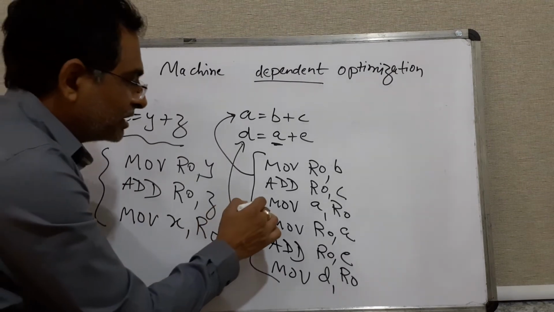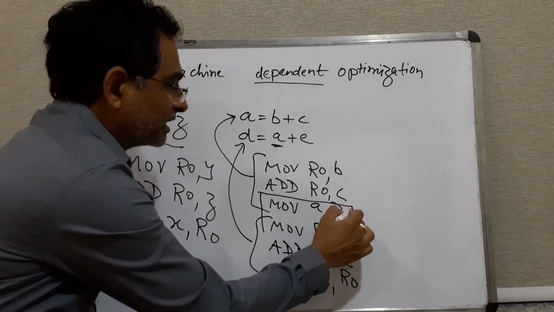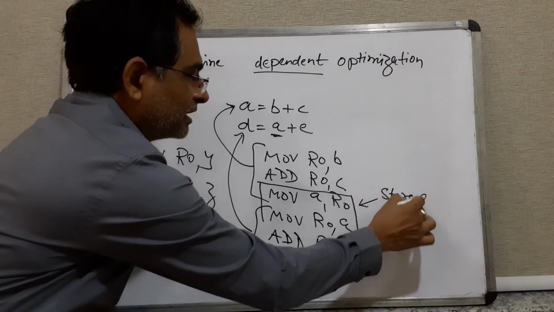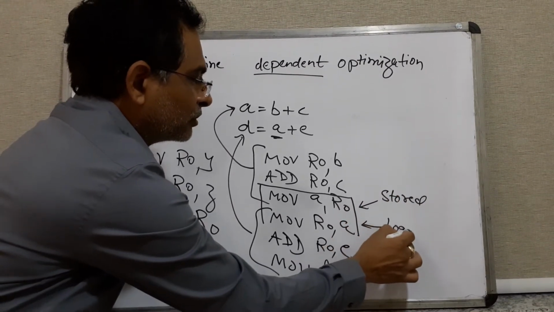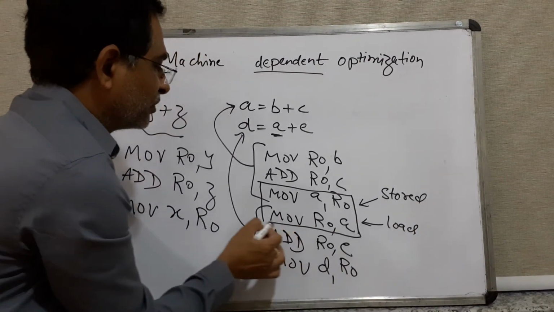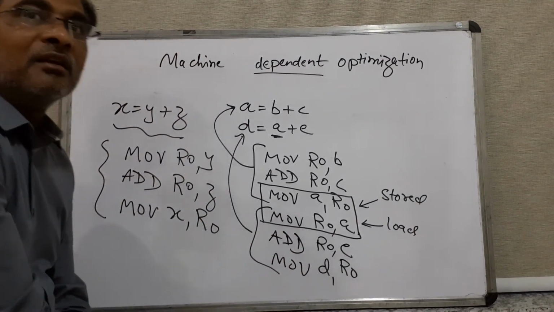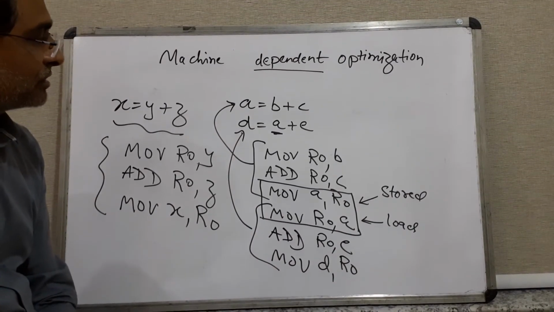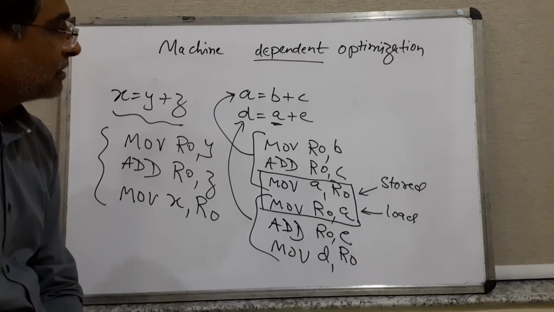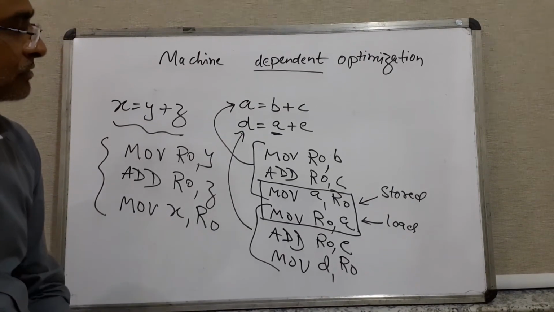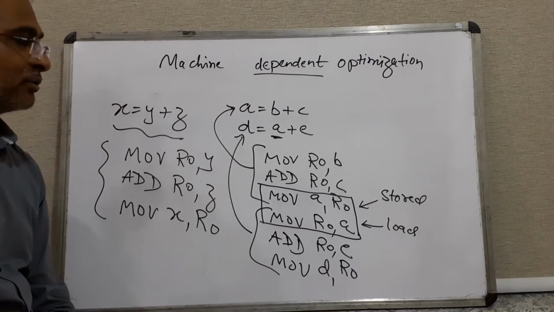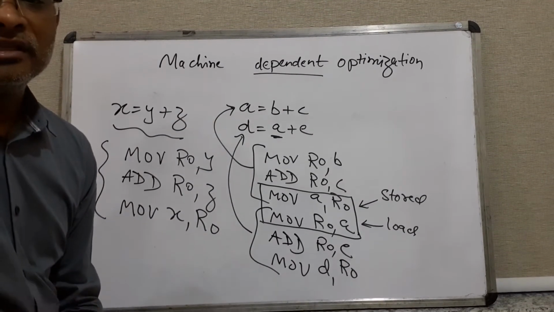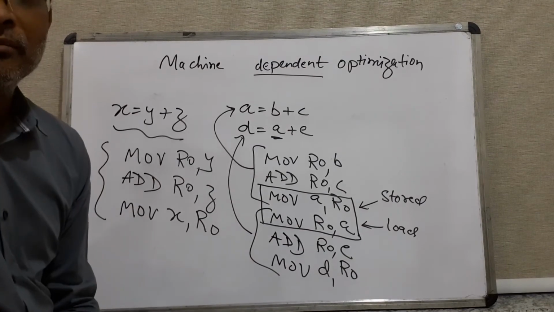But if you see carefully here, the content is stored at this place and immediately loaded at this place. So load and store optimization could be possible. Why store it and immediately bring it back from the memory? This optimization could be possible. If you can remove this, there is no need to store it and then again load it. You can keep it inside the system and then continue further, right? So this is how the optimization could be possible with peephole optimization.